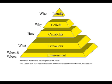And as you get to the top, these structures get more and more powerful, because at the very top, you may be in the environment, you may be willing to do the exercise, you may know how to do it, you may know why, but the final barrier for many people is they just don't feel like an athletic person, or they just don't feel like an exerciser, or they don't consider themselves to have the role and the identity of someone who has optimum fitness. And that's what we want to do, is get you beyond that